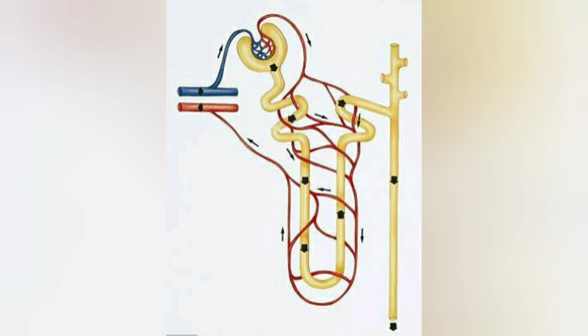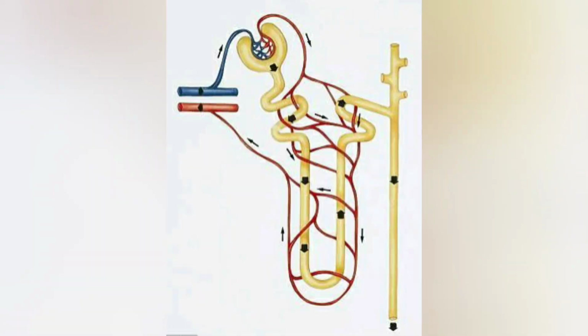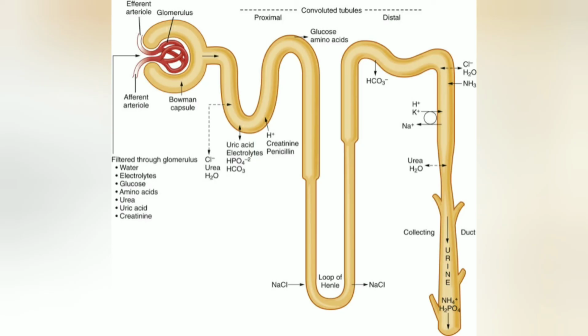This part runs through such a region of the medulla where tissue fluid is less concentrated. So now due to this, sodium ions, chloride ions and urea molecules diffuse from blood to tissue fluid, and water diffuses from tissue fluid to blood. This mechanism helps to maintain the osmotic gradient so as to reabsorb water to maximum capacity, because water is required by the body.